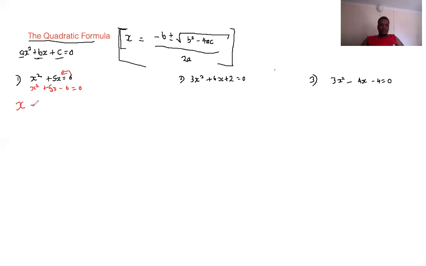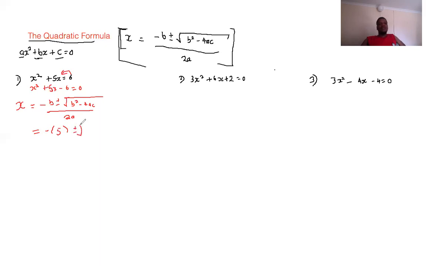So you always write the formula: x is equal to negative b plus or minus the square root of b squared minus 4ac, all over 2a. Then the next thing is you want to substitute. Where we have a negative b, what is our b? Our b is positive 5, so you don't really need to write the positive sign. So it is negative 5